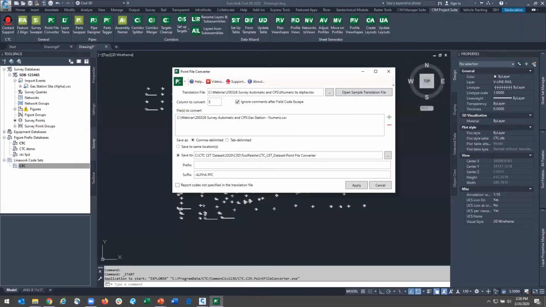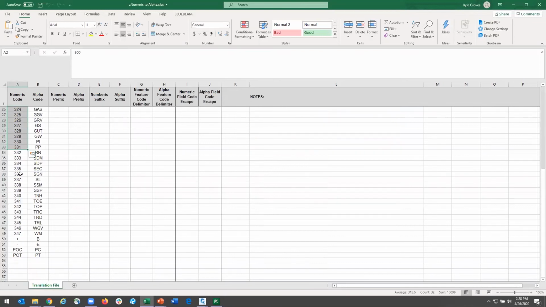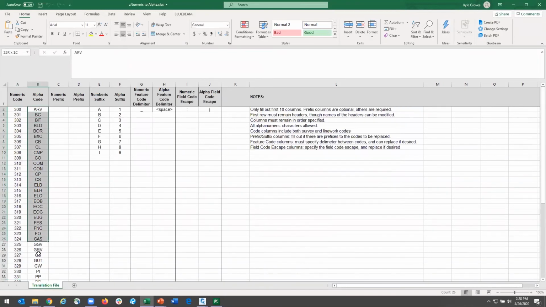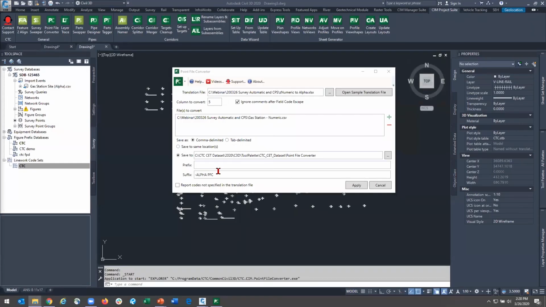And I'm going to open up my translation file that I already have put here. So this is my numeric codes. These are the ones that are right there in the drawing now. And I'm translating them to my alphabetical codes, the ones we were looking at at the beginning of the presentation. Again, different suffixes, different delimiters, different comment cards, and we're going to run our way all the way down through the list. So I found the file that I'm starting with. I've said what I'm going to use to translate it, and I'm going to save it in my same project file, and I'm just going to add in a new